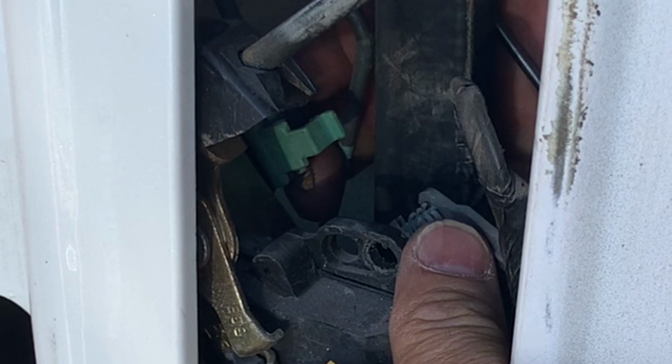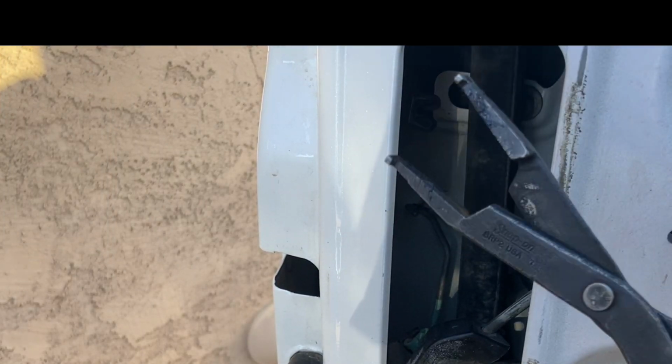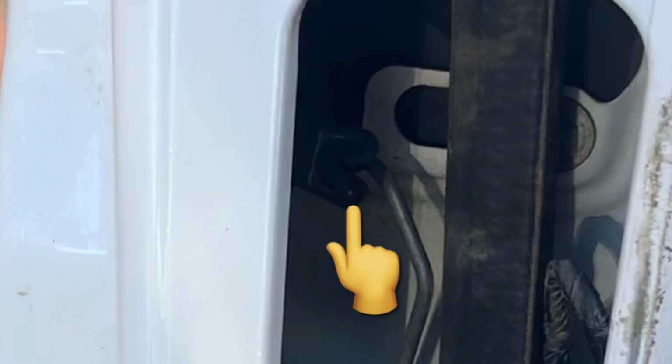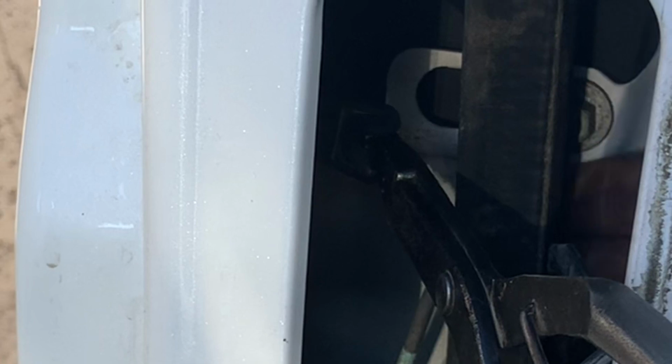of the plastic clip. The other rod that needs to be removed is actually attached to your key lock on the outside of the door. I used a pair of these spreader pliers to remove this rod, but you can just leverage in a flathead screwdriver to spread the tabs so you can pull the rod out of this clip. I got the best footage I could of this. I know it's kind of hard to see, but basically I'm spreading the two tabs and then pulling the rod